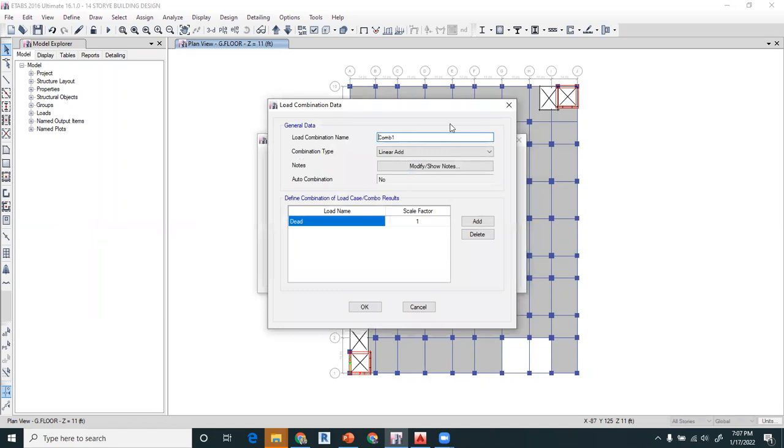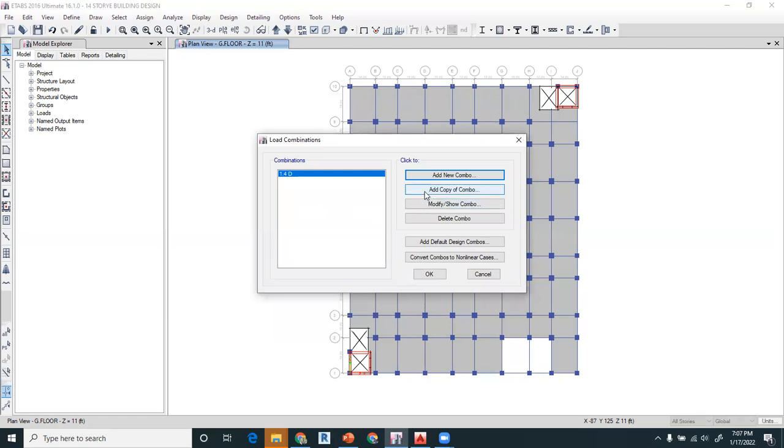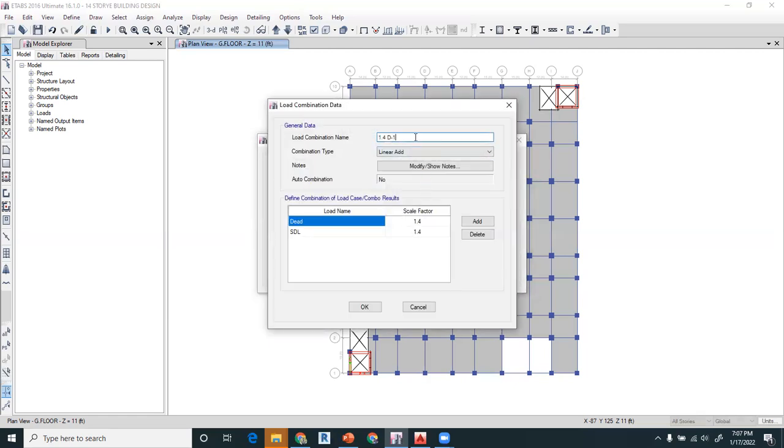for the proposed building. So first of all, we have to click on the new combo and name it whatever you want. For example, if you want to name it 1.4D. So D means it consists of the dead load as well as the superimposed dead load. So you have to select the SDL and 1.4. So this is the first load combination we have defined. Now click on OK. Now take a copy of this combo,